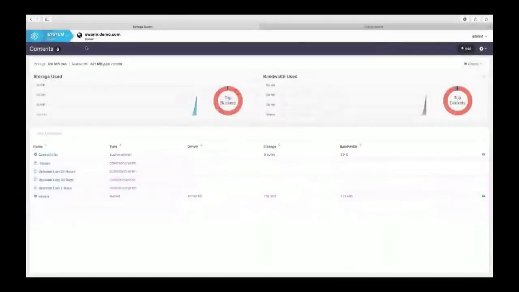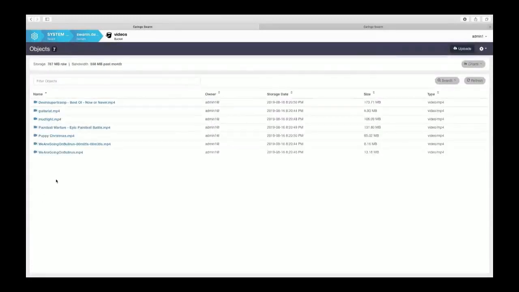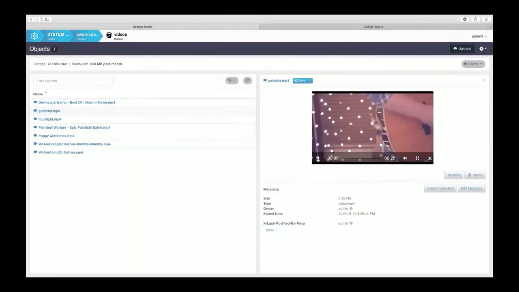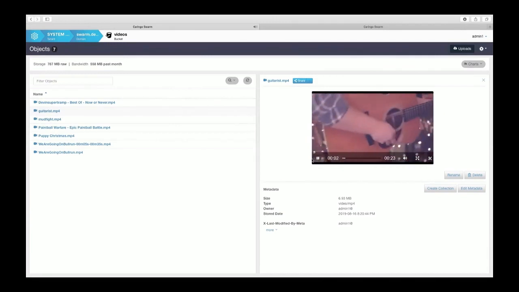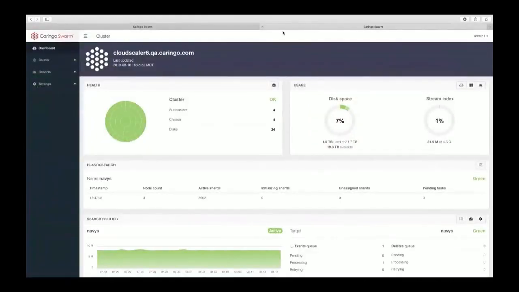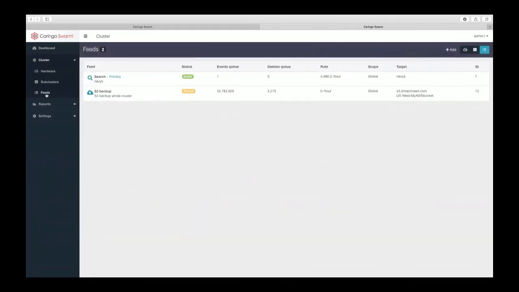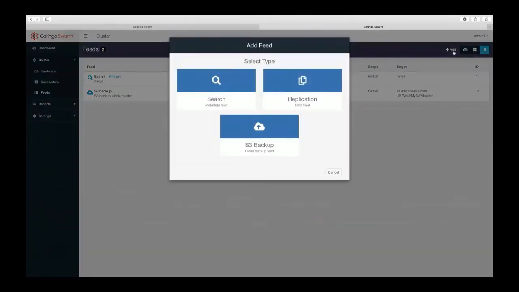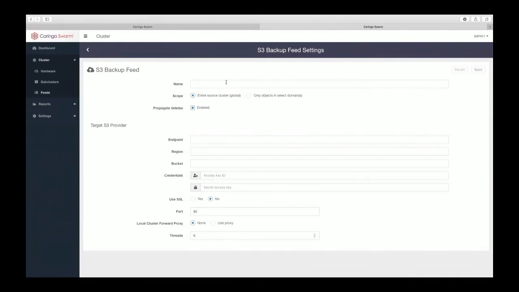All right. So as Eric mentioned, you can back up a domain or entire cluster. Here, we're just taking a look at, first of all, what we would like to back up. And again, we're demonstrating videos. This is a very targeted release. So we go to the Swarm UI management console, and you see feed. It's been in there for a very, very long time, since the beginning, and you'll notice a new feed selection, S3 backup. So you just go ahead and select that.